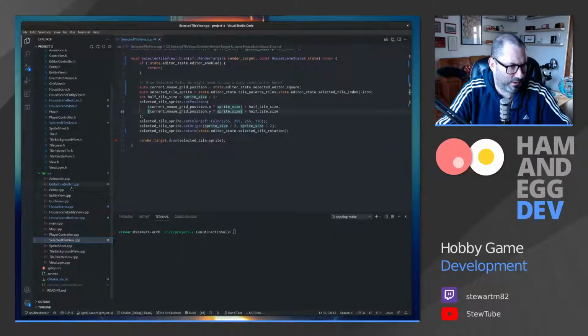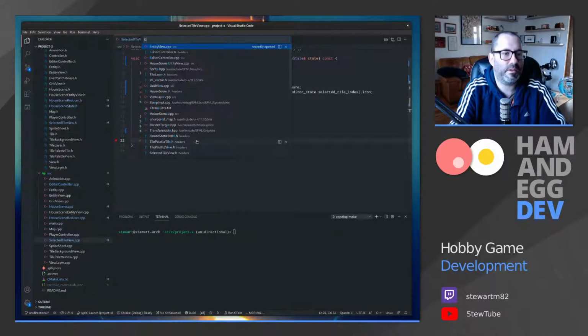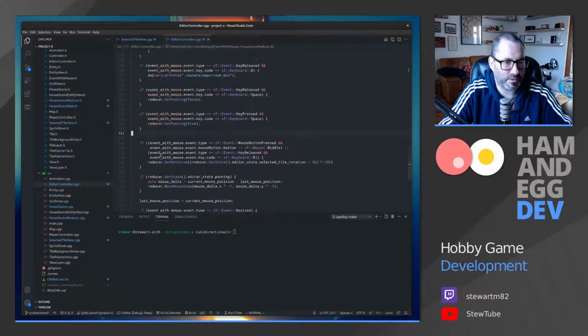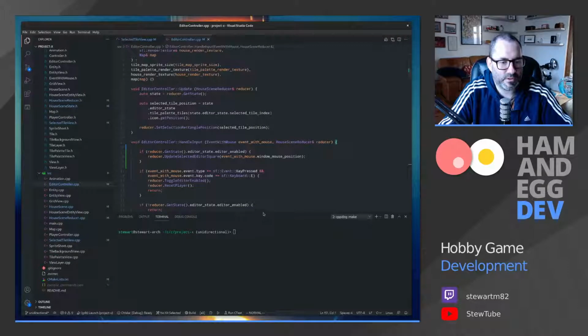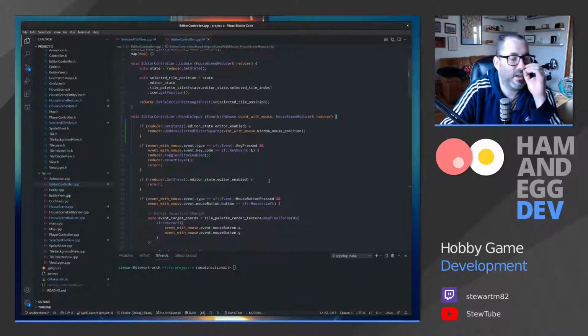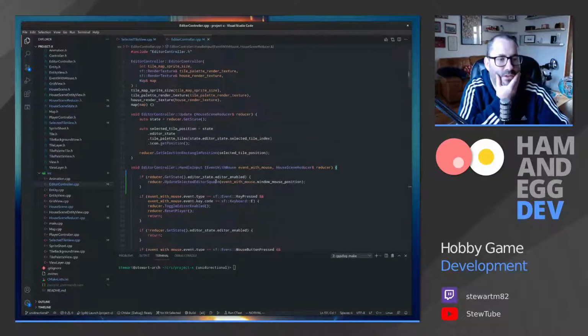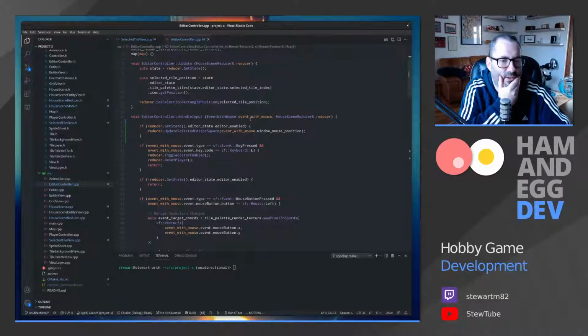So, editor controller. Now the eternal question is, will I have access to the data that I need, or will I need to pass it in again and change my contracts, which has really been a disadvantage to this approach that I'm currently implementing. Wherever I am, I seem to need data from somewhere else, which can suggest that you haven't got your abstractions right. Anyway, let's not worry about that too much now. Tile map, sprite size. Okay, so we should have that. All right, so then